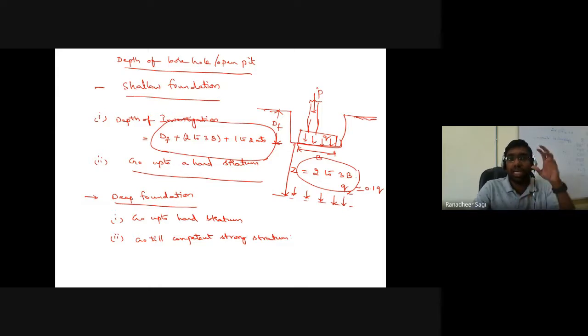This is regarding the depth of the borehole that you are required to make. Next is how many boreholes we are required to make in that construction site. How many boreholes am I required to make? That depends, as I told you, on the type of the project, the extent of that particular project, and so on. In case the type of the project is an ordinary building,